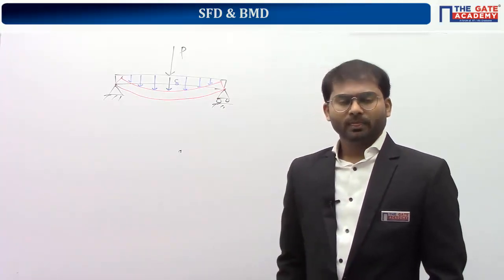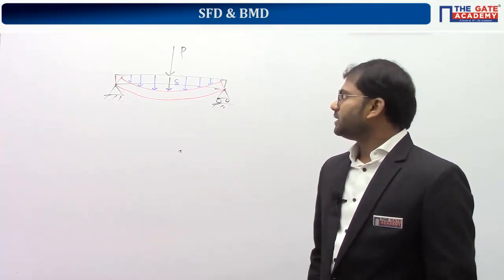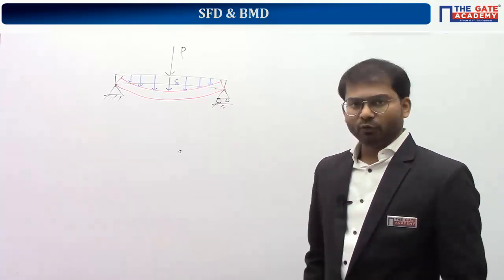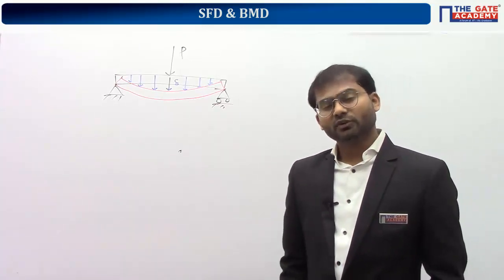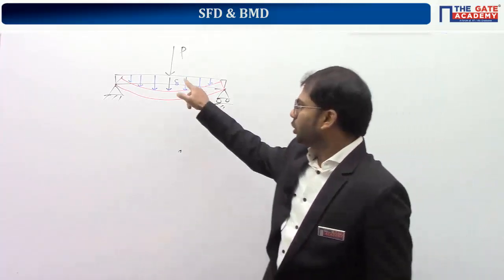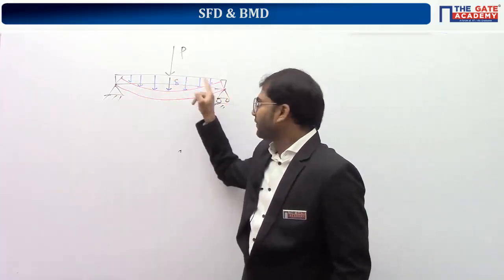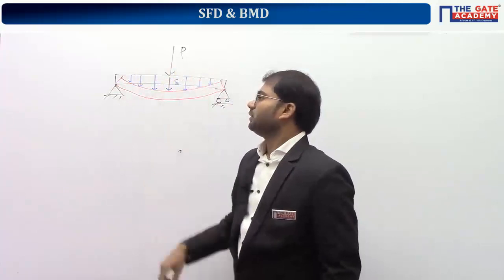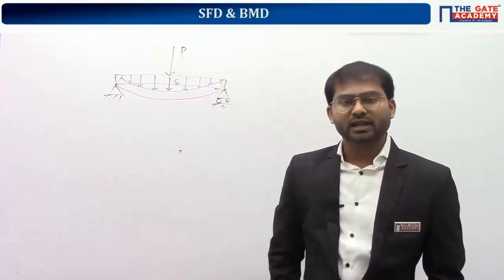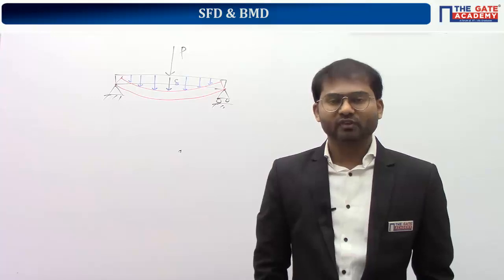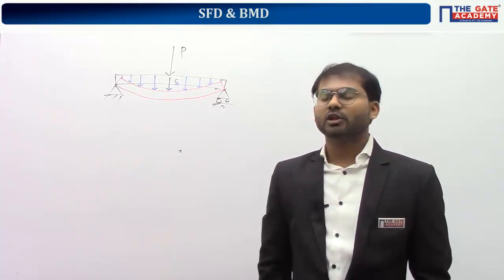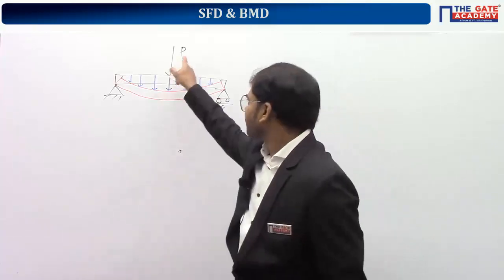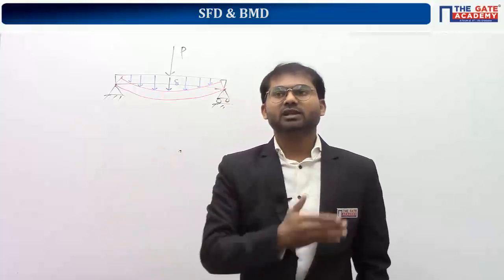So again I'm repeating here. Though the force P is acting at the center, those supportive forces are acting at the corners. The effect of these forces is not only at the locations where the forces are applied, but at every point along the length of the beam. So we are going to find out the induced values of these applied forces, this force and also these forces, and their variation along the length of the beam.